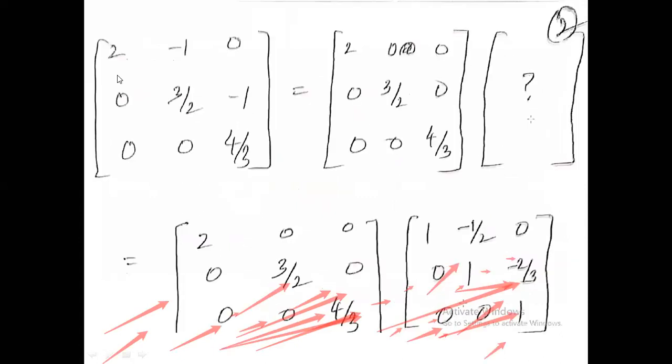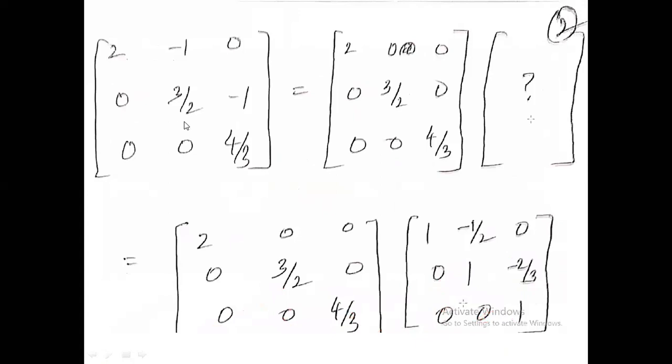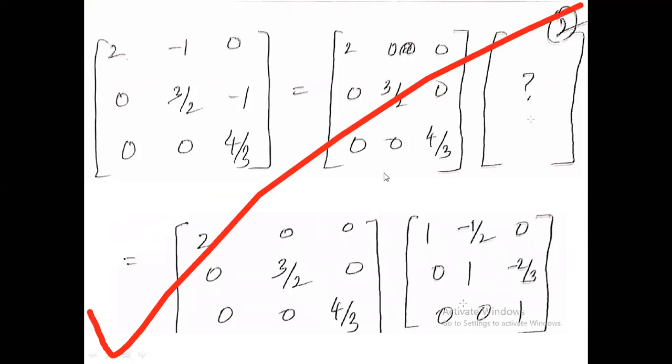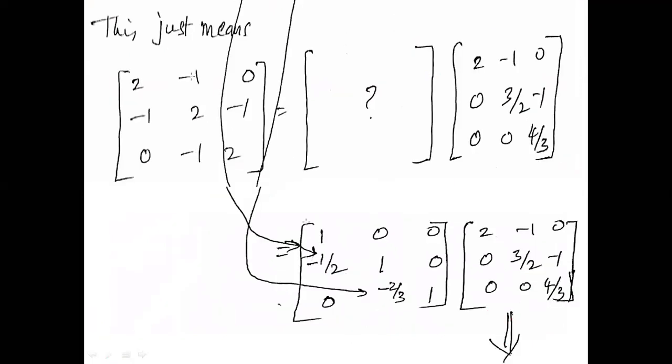So I have written this U as a diagonal matrix. And now I will try to multiply this with another matrix. Now that another matrix should be having ones on the diagonal and it should have zeros below that diagonal. This much I know, right? Now, how do I find the other three values? That means how do I find this value, and this value? That answer I get as here.